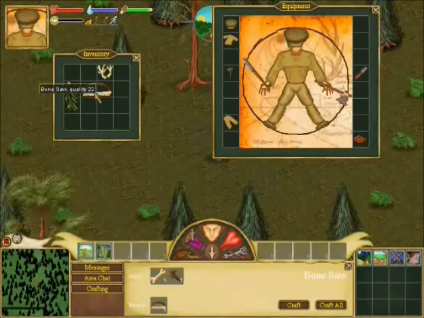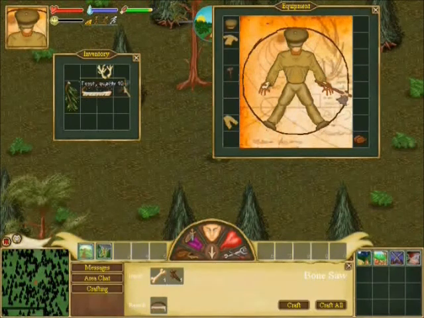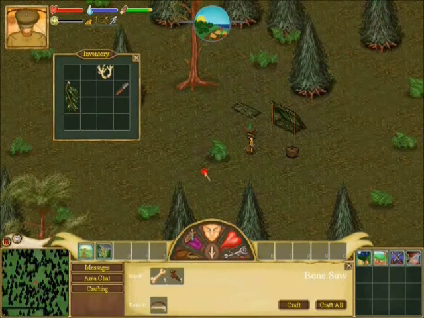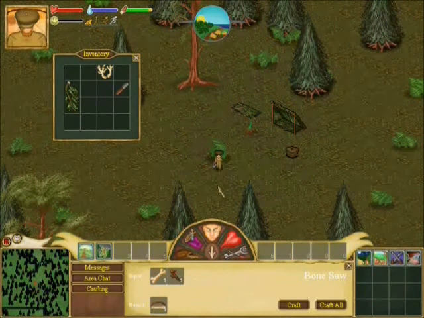So let's equip the saw. We gotta get rid of the torch because you can't put it on top of it. Alright, so I think let's go chop down a tree because we're gonna need some. Well, that we'll leave for next